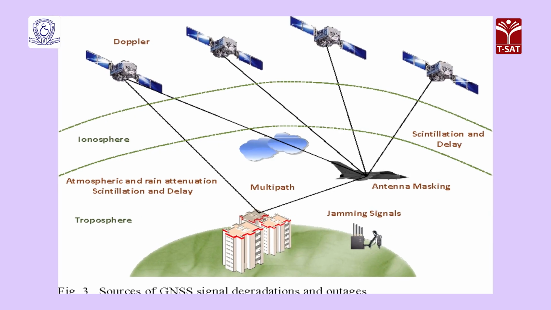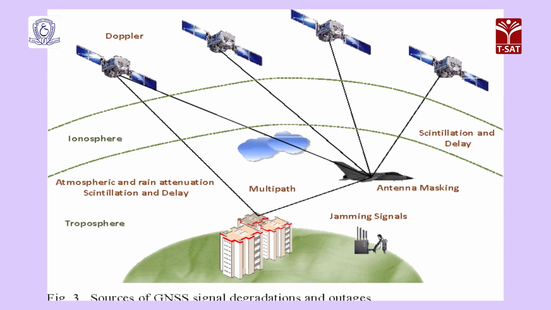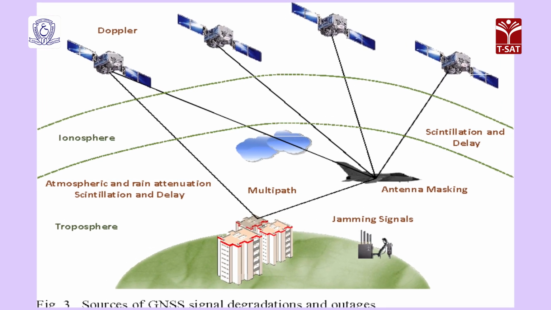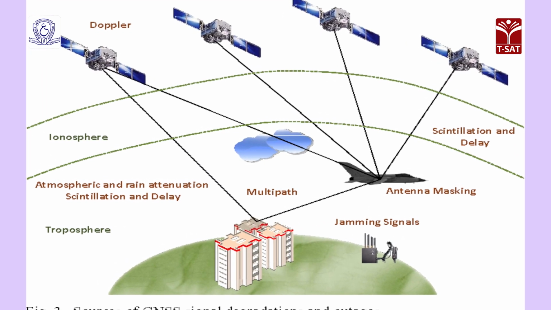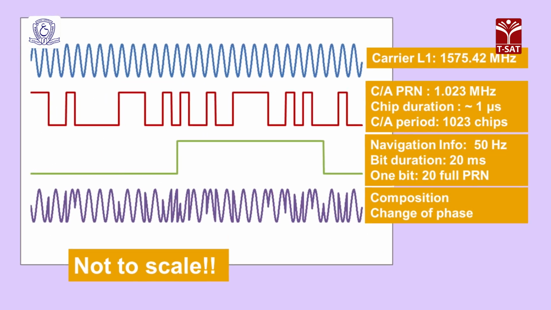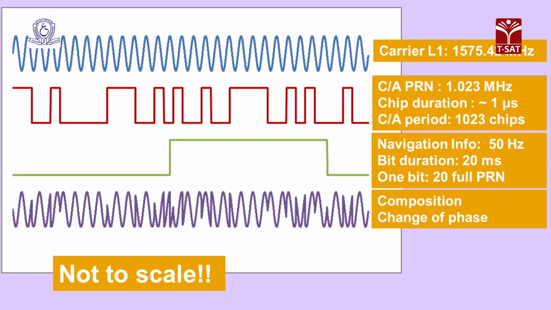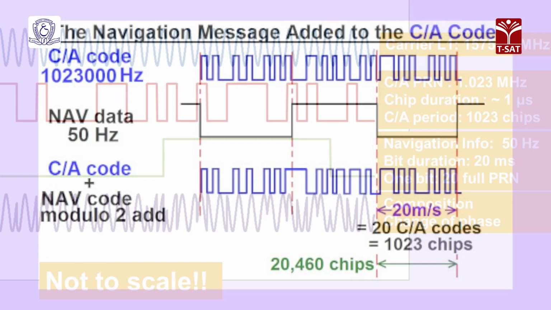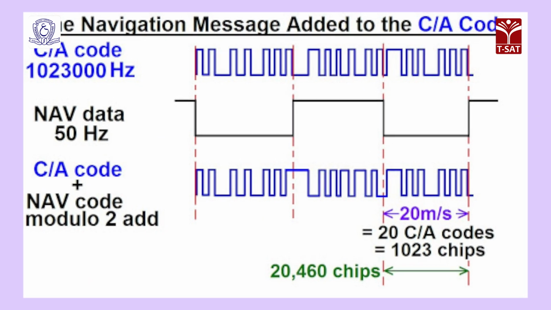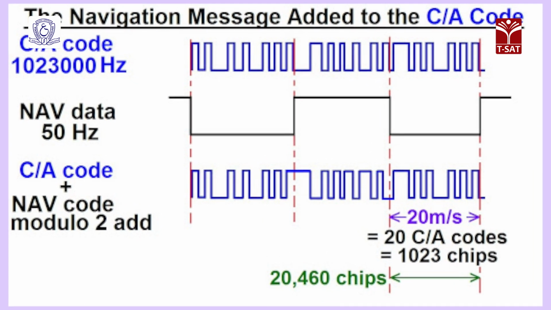A GPS health message is used to exclude unhealthy satellites from the position solution. The GPS receiver in the aircraft takes 12.5 minutes to receive all the data frames in the navigational message. Once obtained, the receiver starts to match each satellite's C/A code with an identical copy of the code contained in the receiver's database. By shifting its copy of the satellite's code in a matching process and by comparing this shift